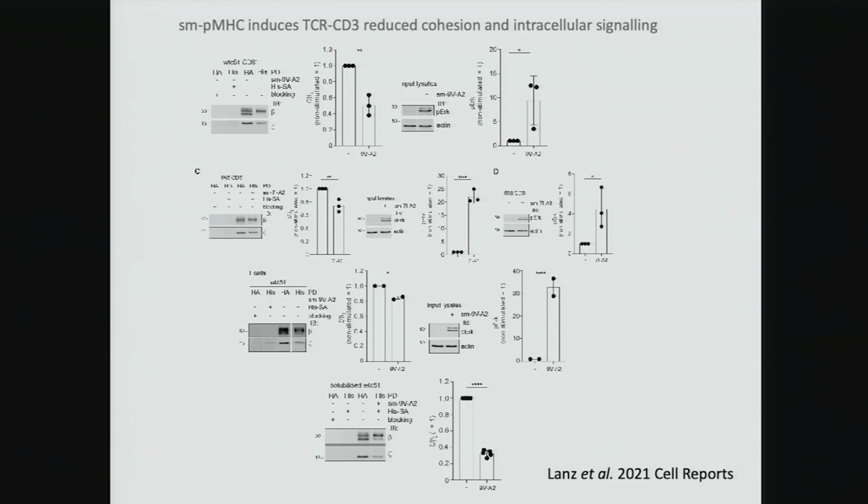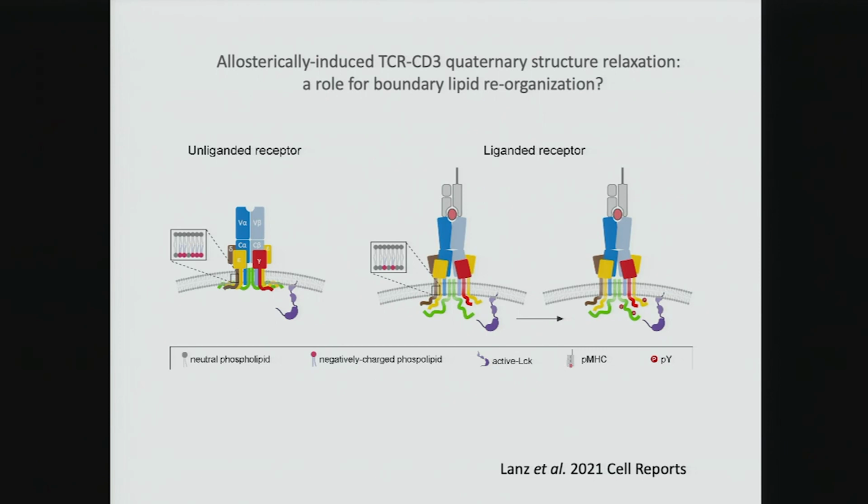Okay, and this is also solubilized TCR. Essentially the monomer does work and does induce a signal and a conformational change detected with DSA. So we arrived at this conclusion that in an unliganded receptor, the configuration of the CD3 subunit has to be what you see there, the first one. In the liganded one, maybe we like the idea that the lipids are moving and creating a situation that is in line a little bit with what